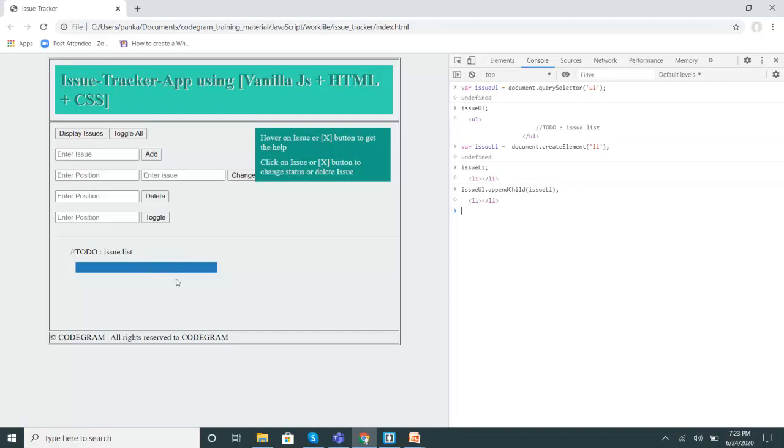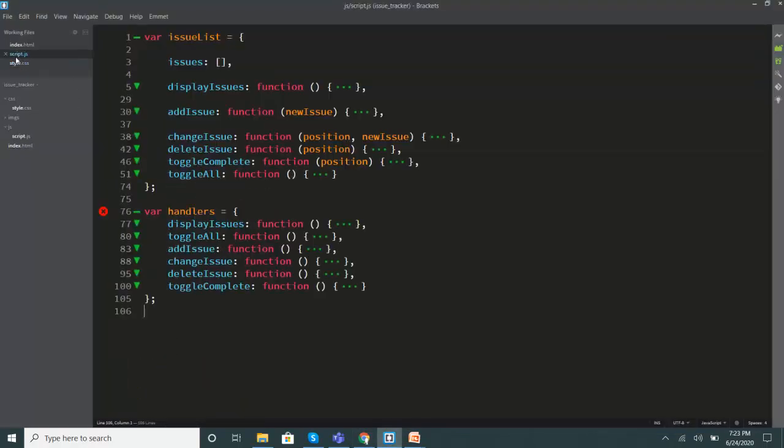Now try to understand how this particular functionality will work. When you add something into this text box and click on this add button, that li item should be available over here. For this, let us go back into the code part and open the script. Here, we will be creating one variable, and this variable is going to be